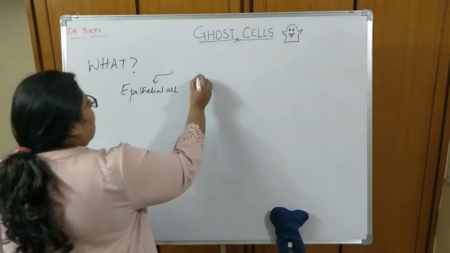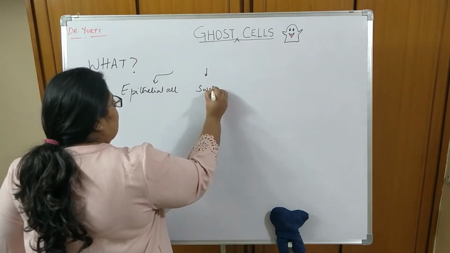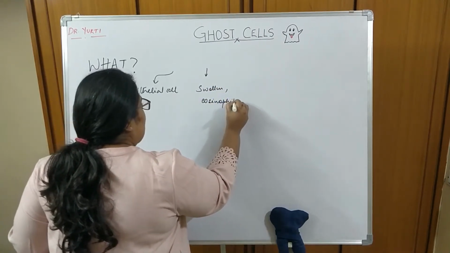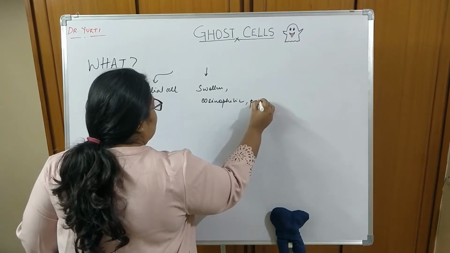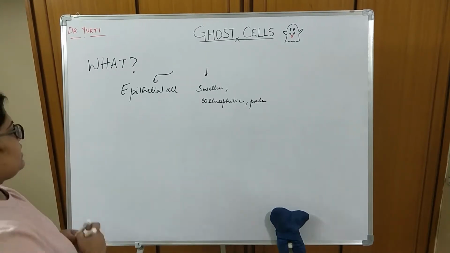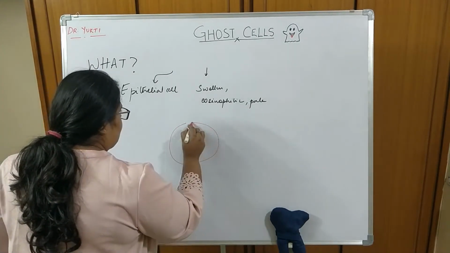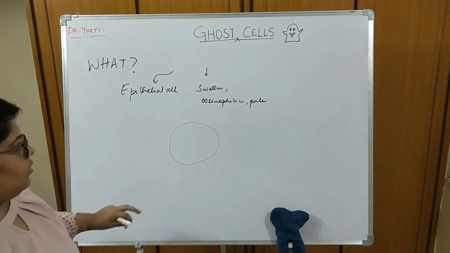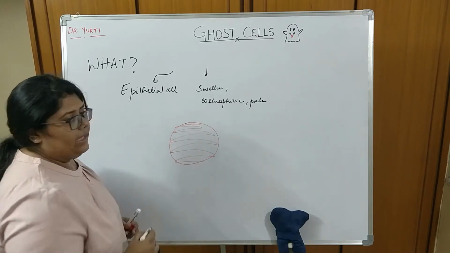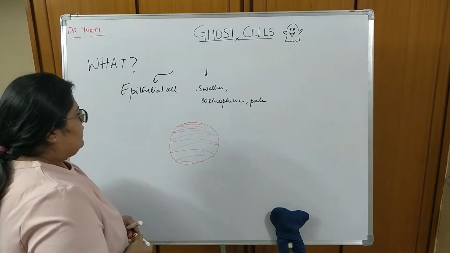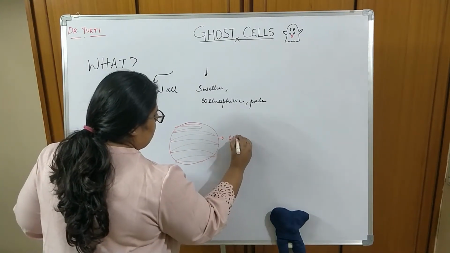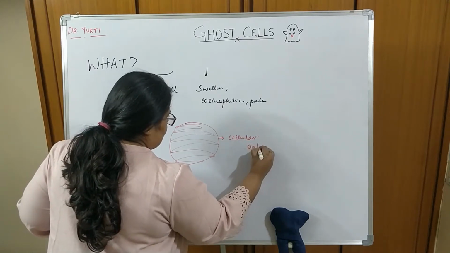Next, they are swollen, eosinophilic in H&E sections, of course, and pale cells. Okay, so in the H&E sections, we'll observe something like this: an epithelial cell which is swollen and it is pale eosinophilic. Then, as you can see, there is a distinct cellular outline. So the cellular outline is quite distinct